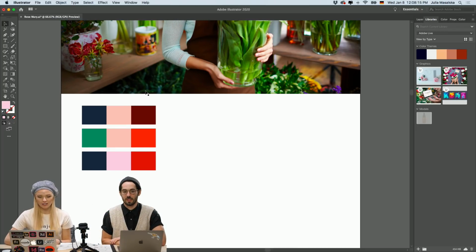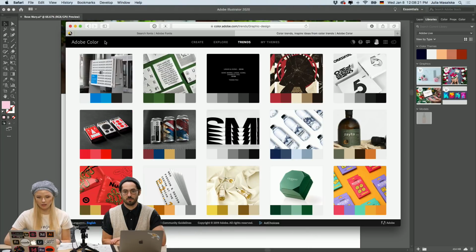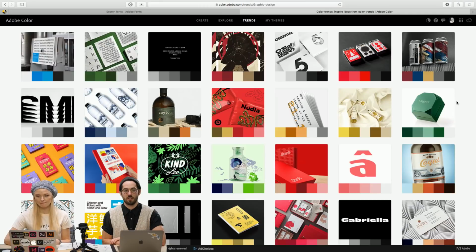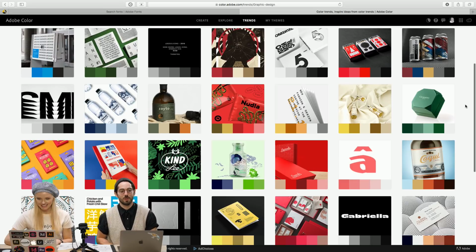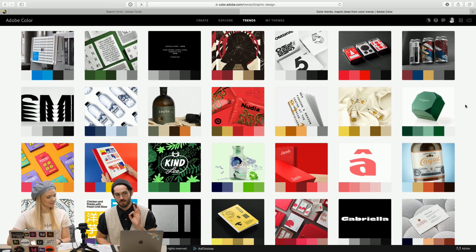So I've started here with some color palettes that I picked myself, but let's get back to the color site. We have a quick question from Justin. How would you scan these in and bring them into Illustrator? You can actually just take a phone picture or anything, but I'm just going to use these as references for myself. I'm not actually going to bring them into Illustrator. I'm just going to take a look at them, to recall all the ideas that I've had and the different styles that we can make use of. So I'll just keep them right next to me, visible while I'm working, for inspiration. Zombie Army also says the O in Rosemary looks fun.